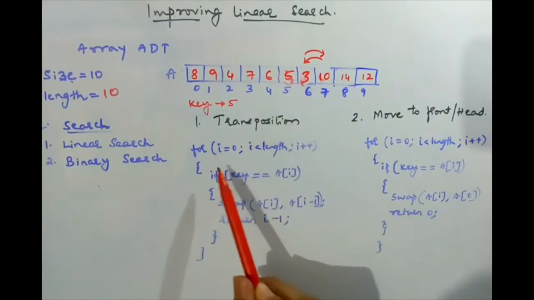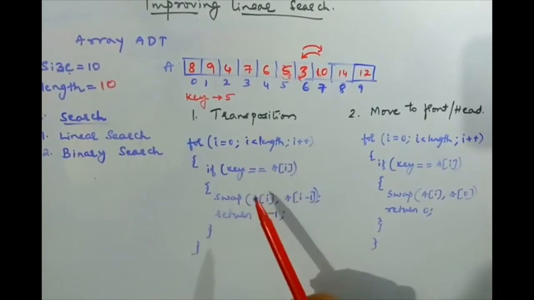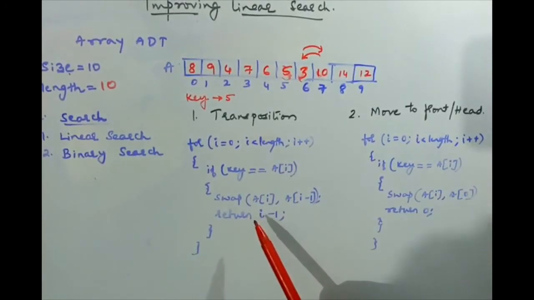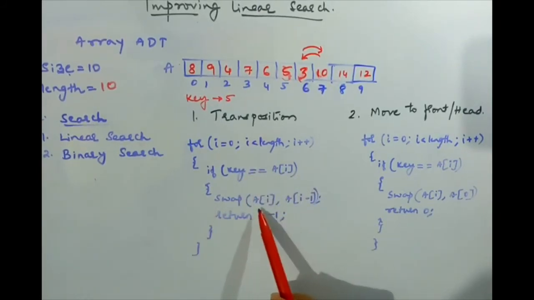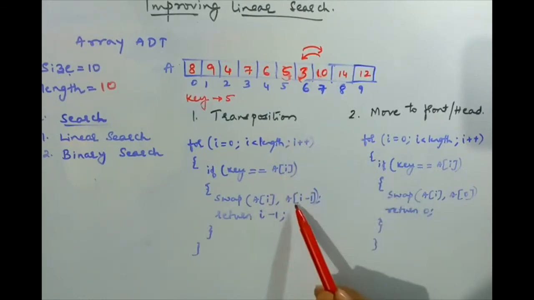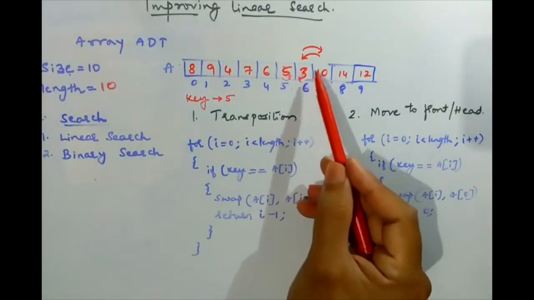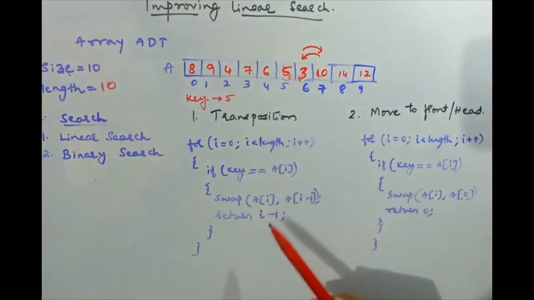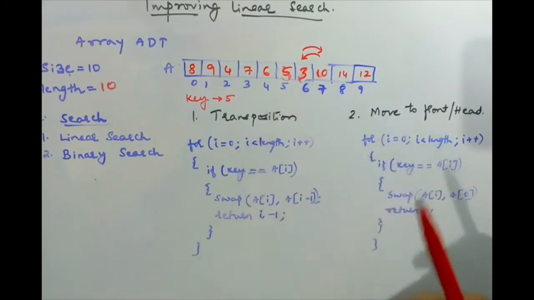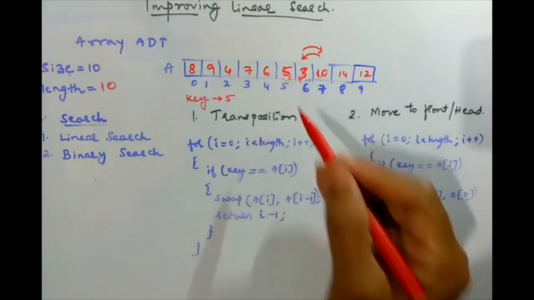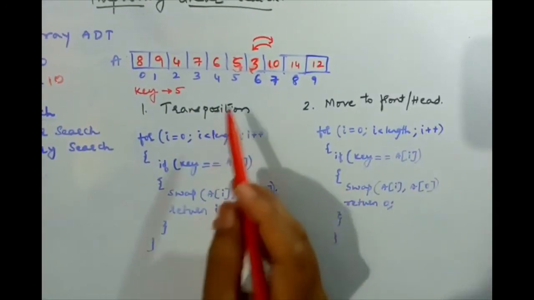So for that reason, the transposition pseudocode is written here, which is almost similar to the linear search we have already seen. So here we swap it. A of I, suppose A of I was 7, we swap it with A of 6, I minus 1 is 6, and return what? Because it would have come here. Now in this case, return I minus 1, which is 5. So right now 5 is here, so it will return that. So it will come forward slowly.